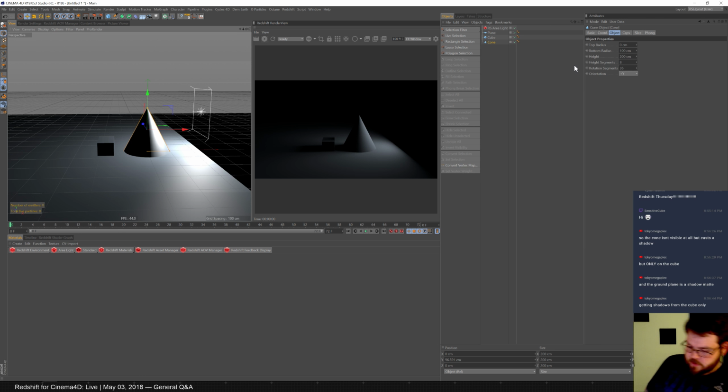Okay, let me write this down, because it might be easier if I think of it like a recipe. So, cone, hidden, casts shadows, and